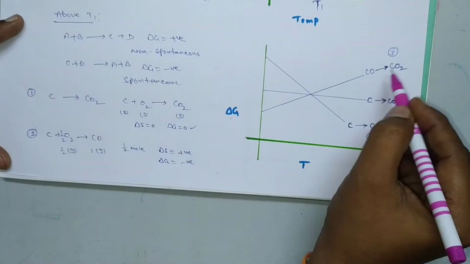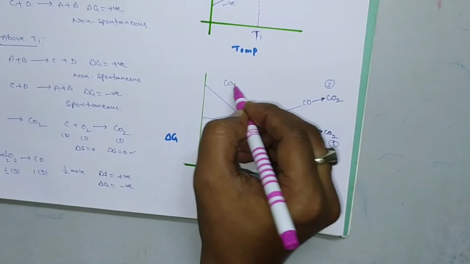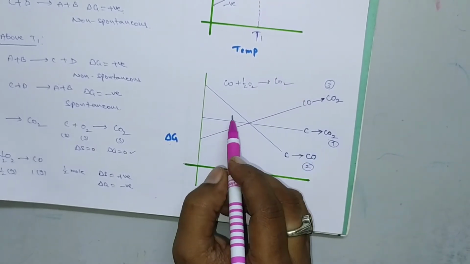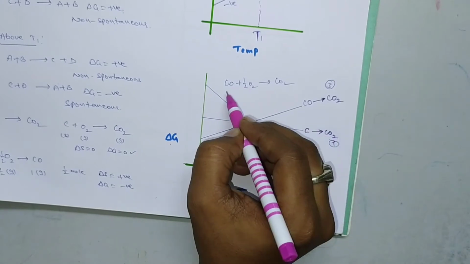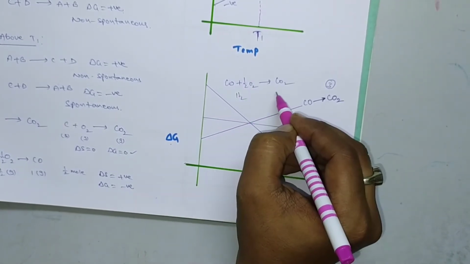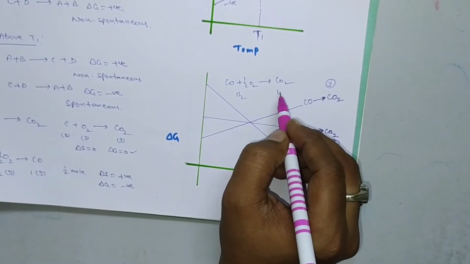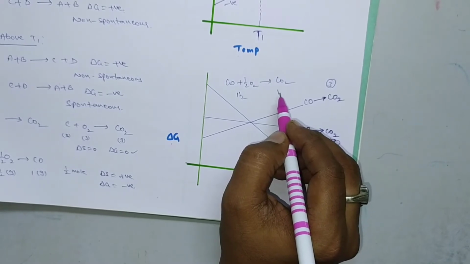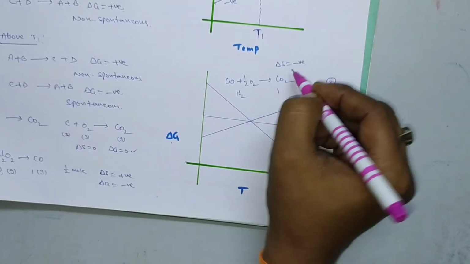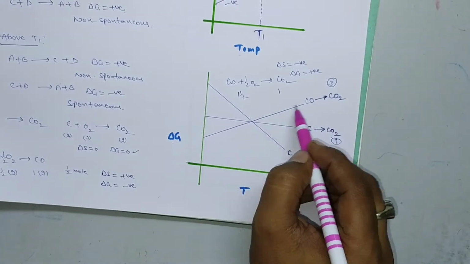Suppose you consider the third expression, where carbon monoxide is converted to carbon dioxide. Carbon monoxide upon oxidation produces carbon dioxide. Here half a mole of oxygen and 1 mole of carbon monoxide are there, so the reactants mean 1.5 moles, which convert to produce 1 mole of carbon dioxide. So there is a change in entropy, that is, the delta S value will be negative. If delta S is negative, then delta G will be positive. So this reaction is not a feasible reaction.